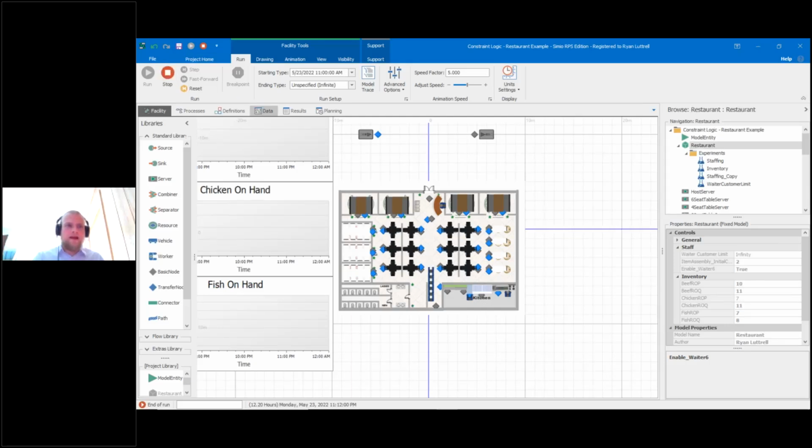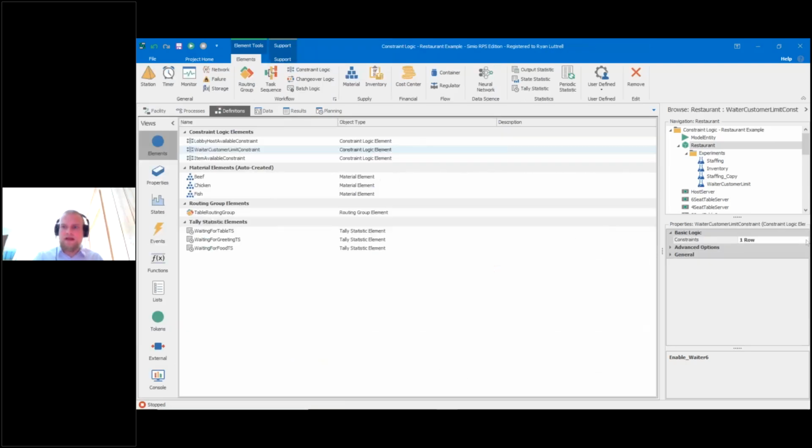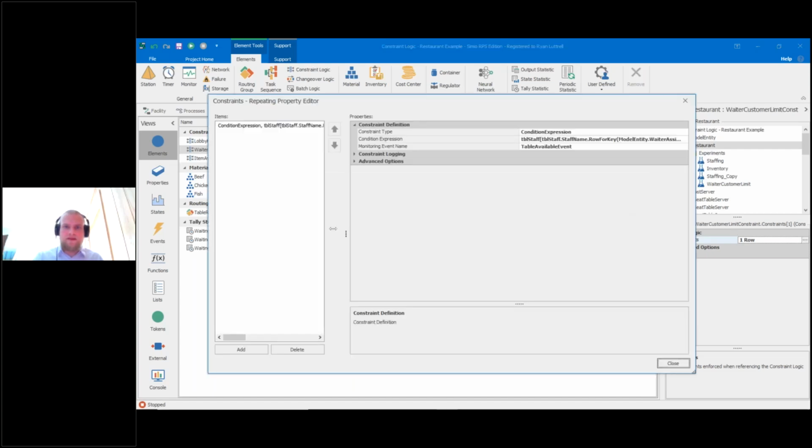So again, I am tracking the active customers per waiter in the staff table. And then I set up a constraint logic, and this is applied at routing to go to the table to say that my particular staff member,